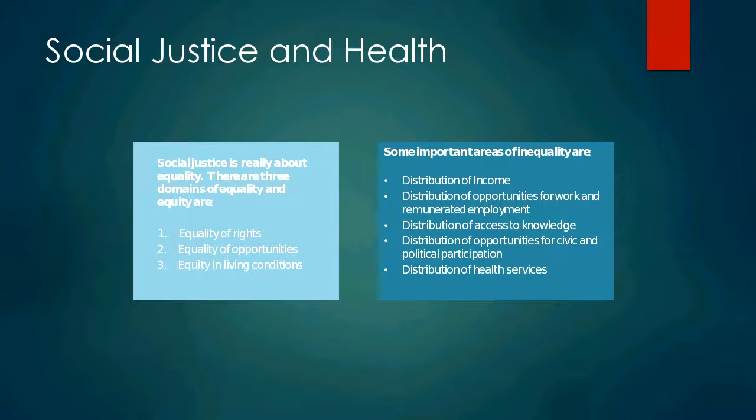Areas like Roxbury and Dorchester rank in the top 10 in the state in terms of sites that emit hazardous pollutants, whereas other communities in Massachusetts are not even on that list. We should really ask ourselves, why is that the case? When we think about some of those areas of inequality, it's certainly about the distribution of income,